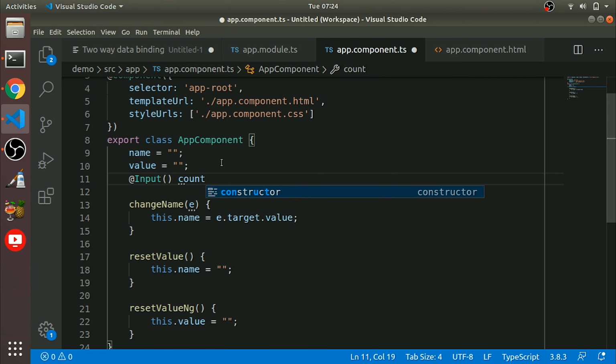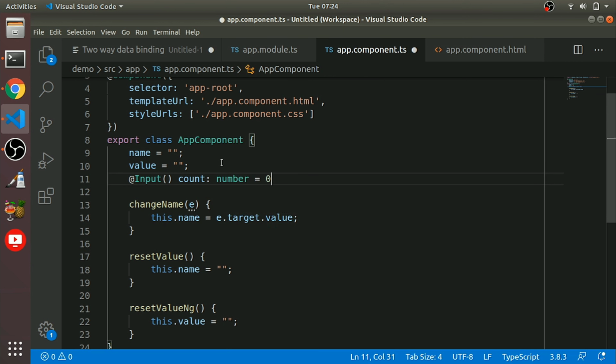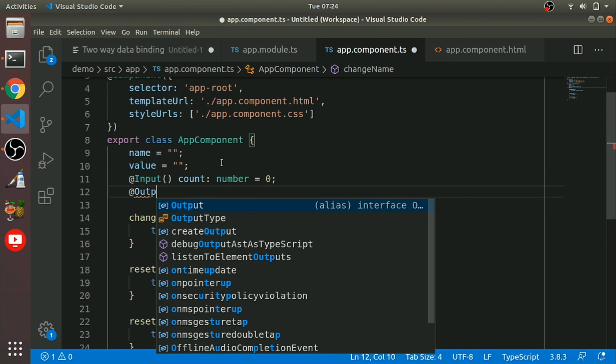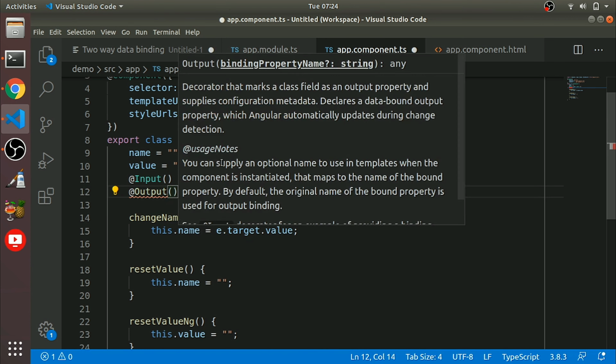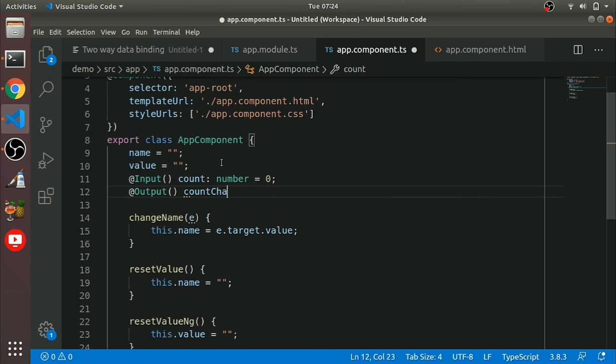So we'll use a count, number equal to 0, and an output. We told you the property should follow this pattern.